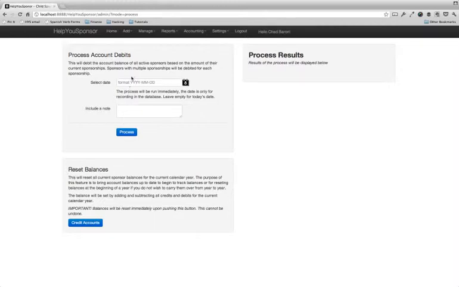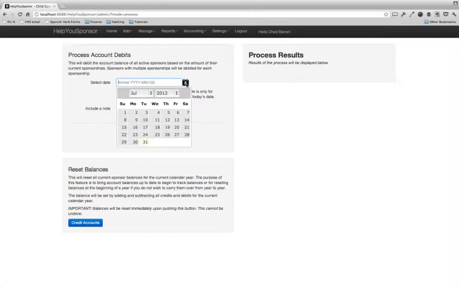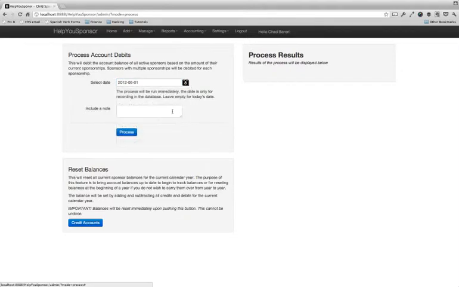To process balances on a monthly basis, or however you choose to do that, you would come here and select the date that you want to process the balance for. So you can do it historically if you'd like. So we could go back to June and process for June. We can include a note that says June